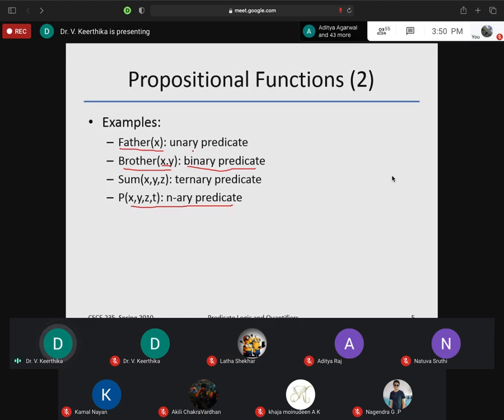If I use more than one variable, x and y, then I call it a binary predicate. As usual, if there are three variables, it is a ternary predicate. If more than that, I call it an n-ary predicate. Mostly we will see only unary and binary.